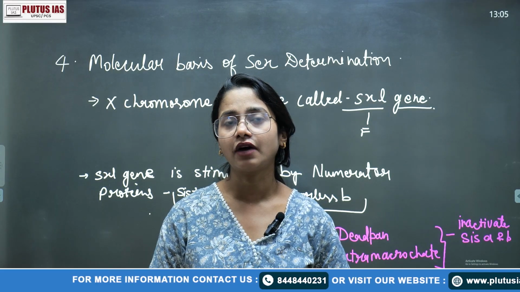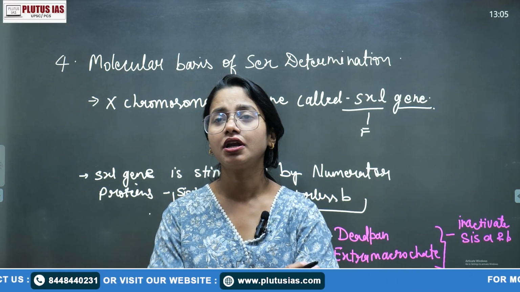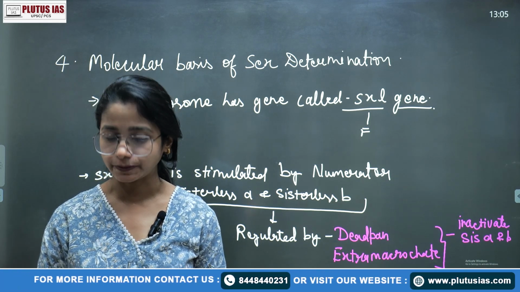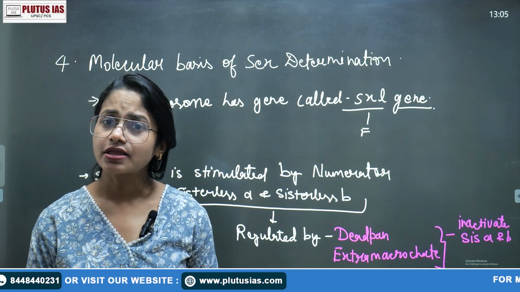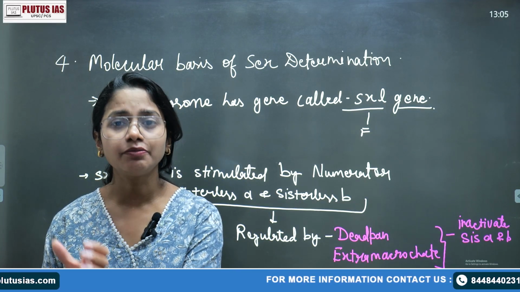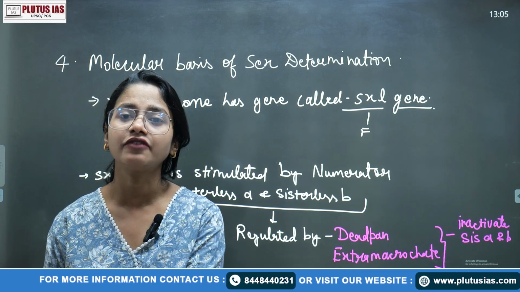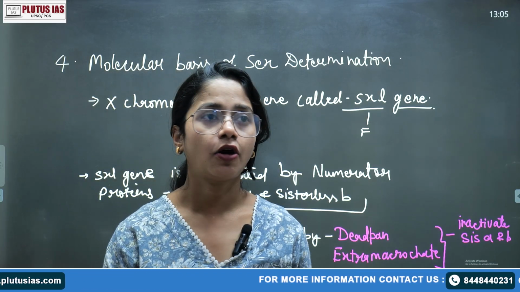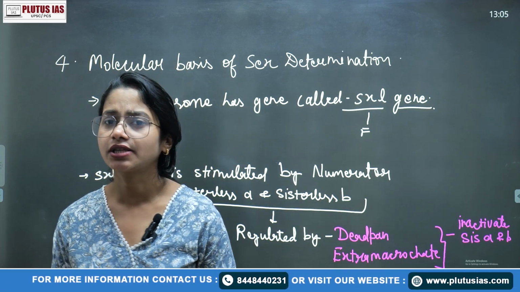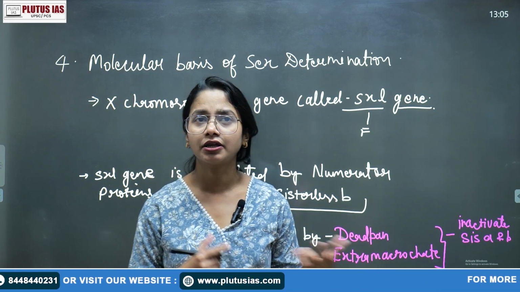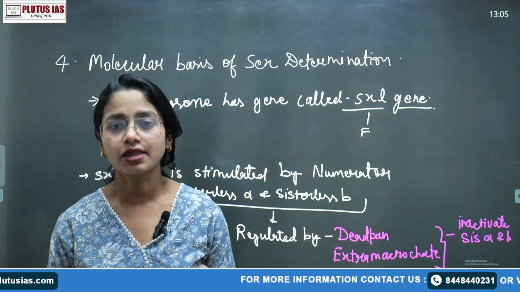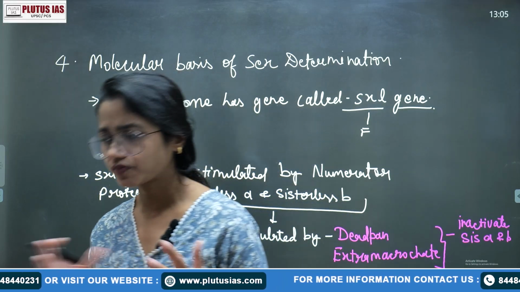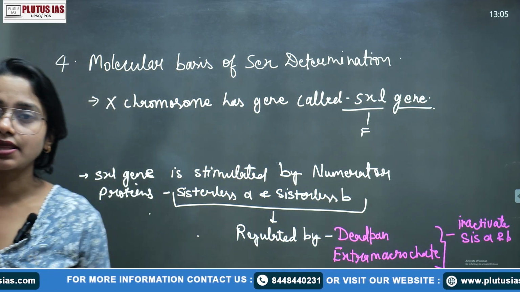There is one more topic in our UPSC geology optional paper 2 syllabus: genetic regulation in prokaryotes and eukaryotes separately. Genes can be regulated at various levels, for example at the replication level by methylation, acetylation, then at the transcription level, then post-transcription modification, splicing, and so on. So many levels of gene regulation.